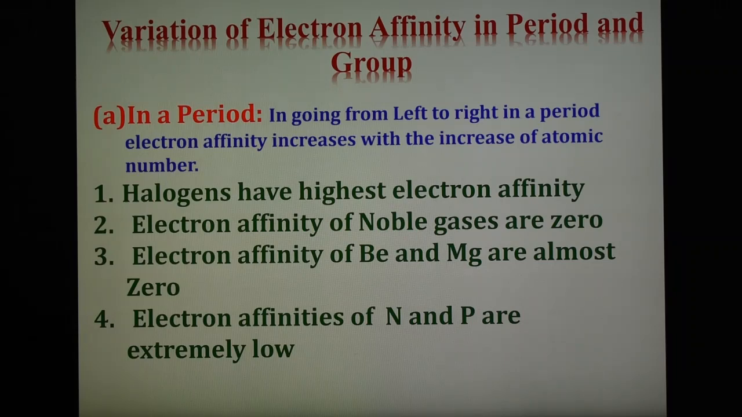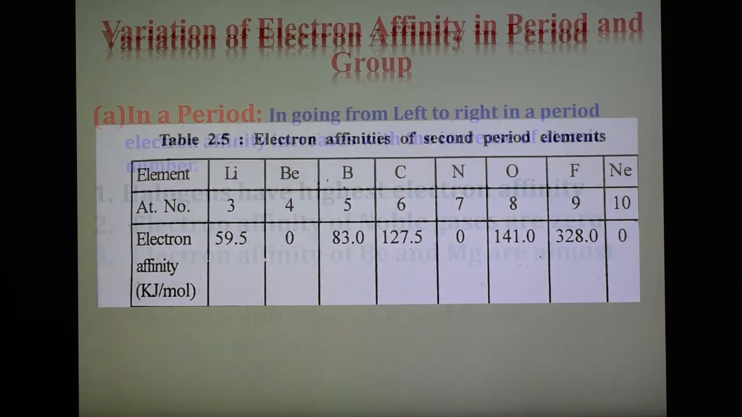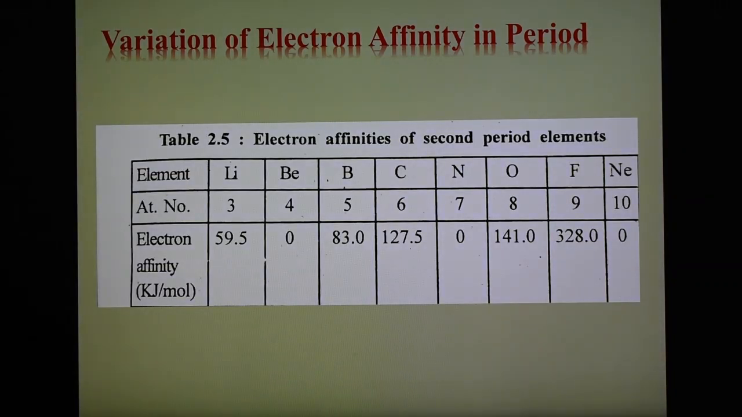And the electron affinities of nitrogen and phosphorus are extremely low. Here, in the case of nitrogen and phosphorus, the p orbital is half filled, and therefore, as compared to other elements, they have quite a low electron affinity value. It is because of their electronic configuration. An example is shown here: this table shows the electron affinity values, their increase, and some irregularities